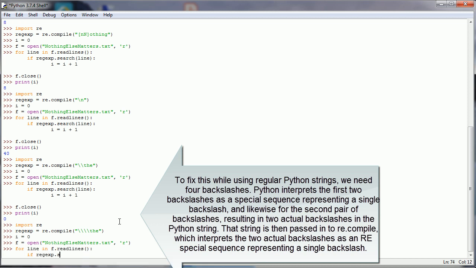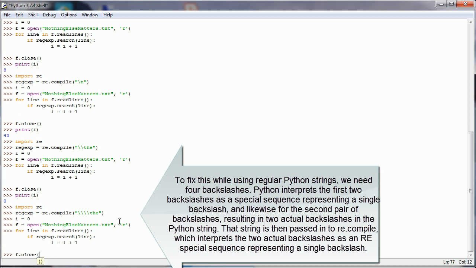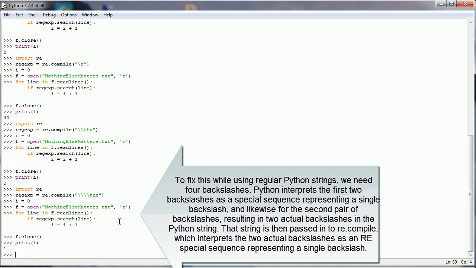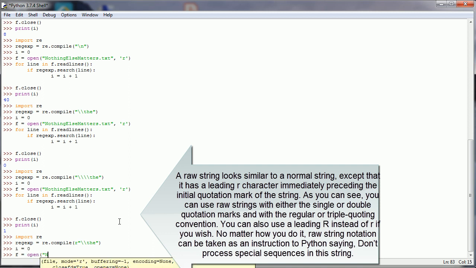To fix this while using regular Python strings, we need 4 backslashes. Python interprets the first 2 backslashes as a special sequence representing a single backslash, and likewise for the second pair of backslashes, resulting in 2 actual backslashes in the Python string. That string is then passed into re.compile, which interprets the 2 actual backslashes as an re special sequence representing a